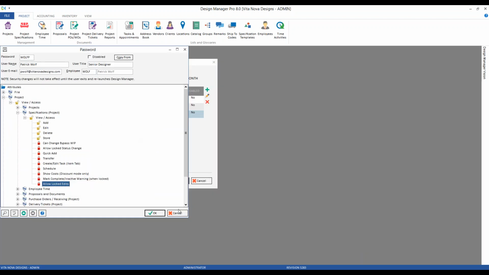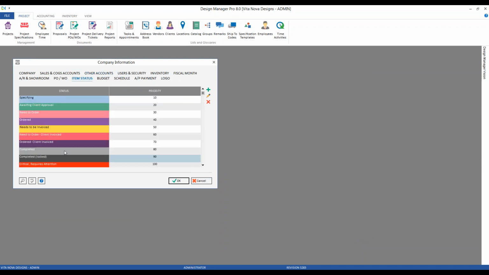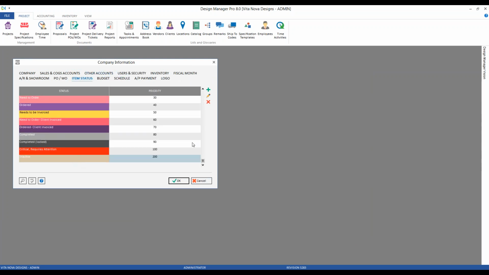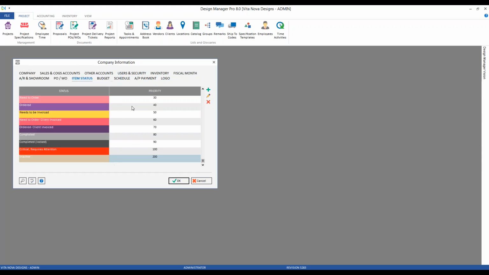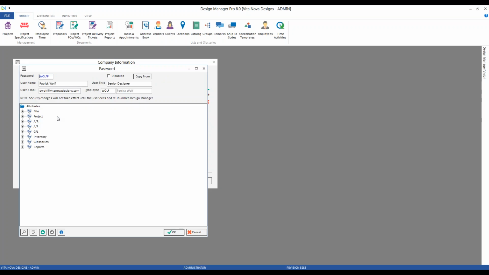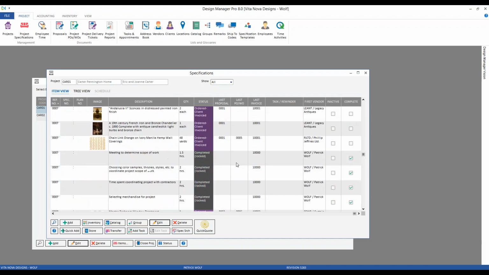Allow locked edits. That's another password attribute that is tied to the item status codes in Design Manager. For example, the inactive status is set for locked edits. And that says when the status becomes set, the item component cannot be edited unless the user has the allow locked edits password attribute unlocked, which Patrick does not. So if he attempts to edit